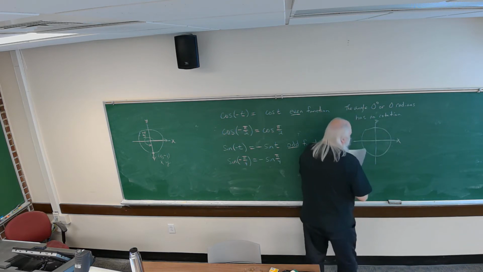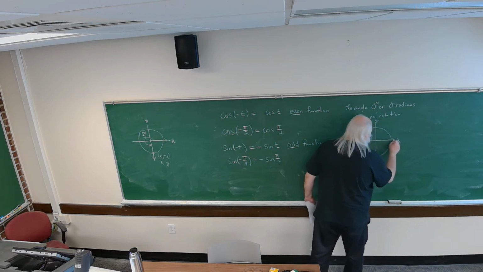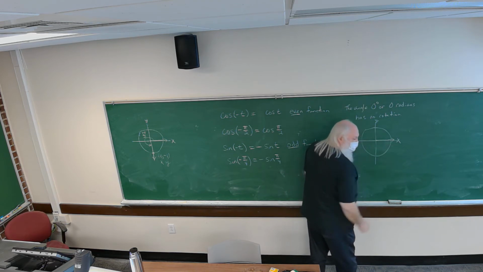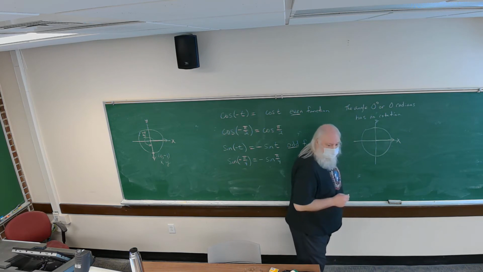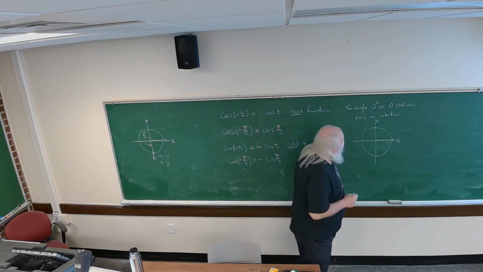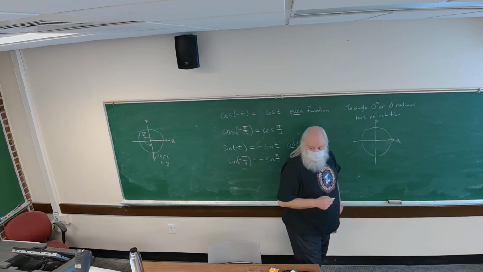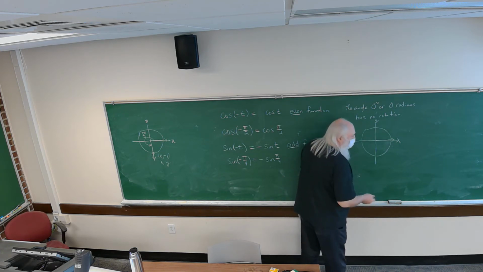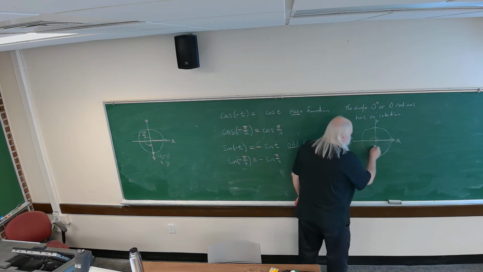The initial side is always on the positive x-axis. And so the terminal side is also on the positive x-axis, and there's no rotation from the initial side to the terminal side. Okay? That's an angle of 0 degrees or 0 radians. On the other hand, the angle of 2 pi radians or 360 degrees